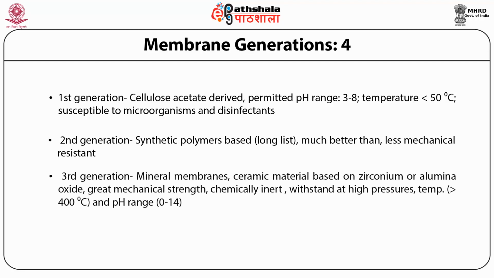Coming to the third generation of the membranes, mineral membranes consisting of ceramic material based on zirconium or aluminum oxide are usually deposited on a graphite surface. These membranes have great mechanical strength, are chemically inert, and can be operated at high pressure, with a wide pH range, that is 0 to 14, meaning the complete pH range, and can be subjected to temperatures greater than 400 degrees centigrade, although such temperatures are not applicable in the dairy and food industry. The main demerit of these membranes is their cost. These membranes are very expensive,